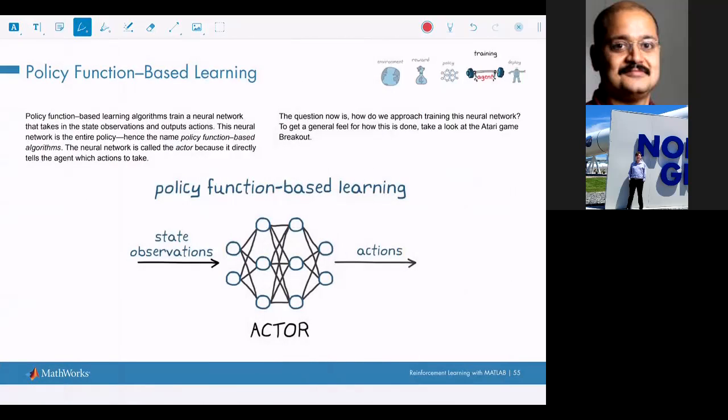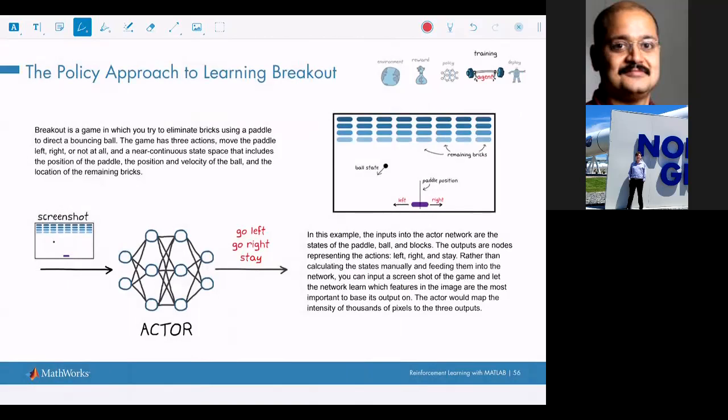There are advantages to policy based learning, and there are disadvantages to policy based learning. There are advantages to value-based learning, and there are disadvantages to value-based learning. So to minimize the disadvantages and maximize the advantages, you design something called the actor critic structure. What is an actor and what is a critic? Both of those are neural networks. The actor is performing the action and the critic is judging that action.